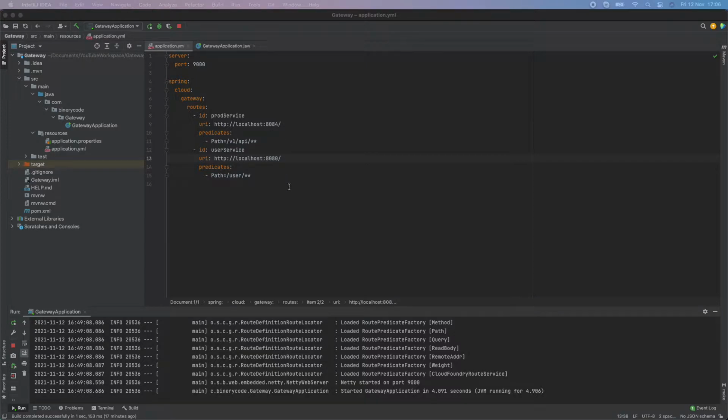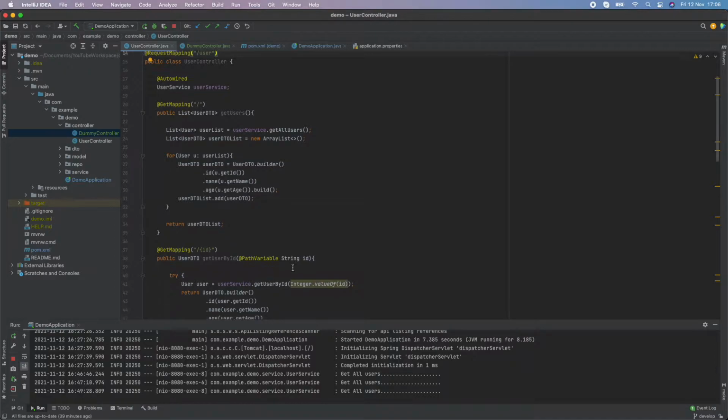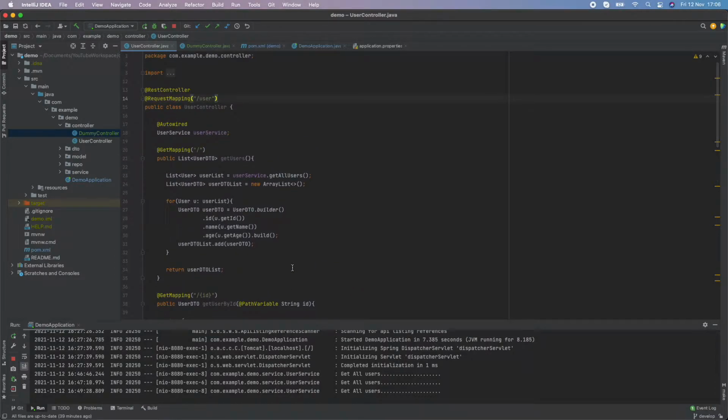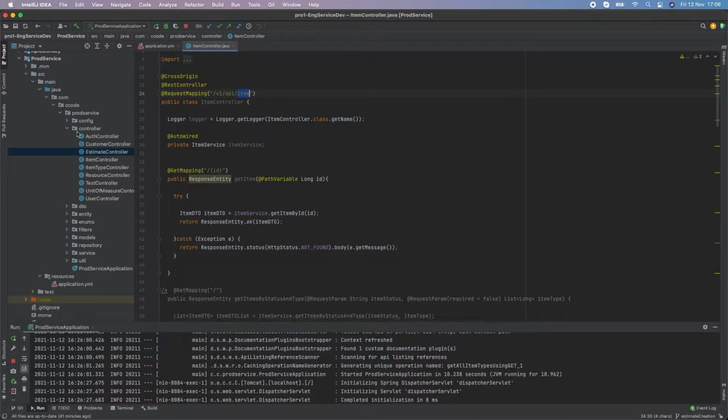So I have this service, which is the gateway that I'm going to show you today. Then I have some other application, the demo application. This is the demo application that we were dealing with in the past few videos related to a user entity. And apart from that, I have my own project, where I have exposed certain web services as RESTful endpoints. Now I'm going to integrate those two services